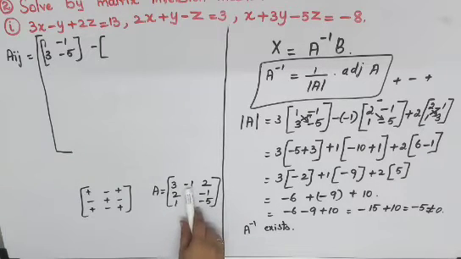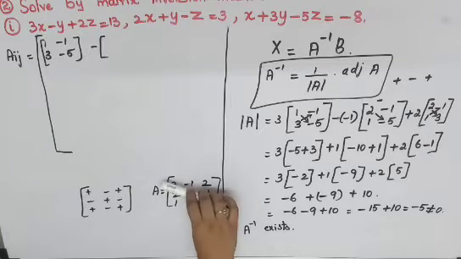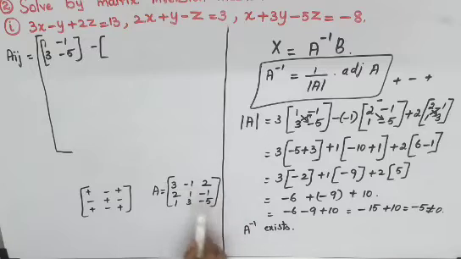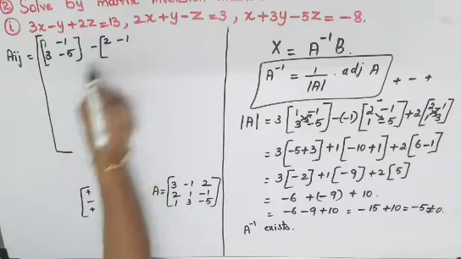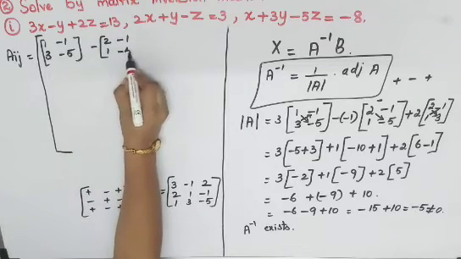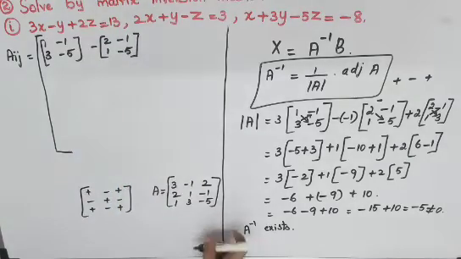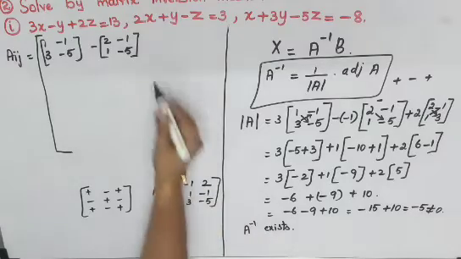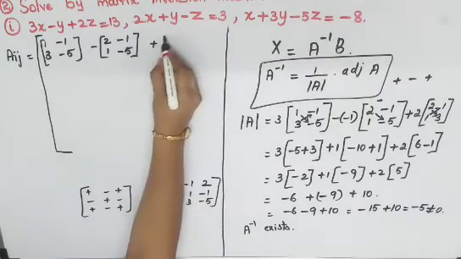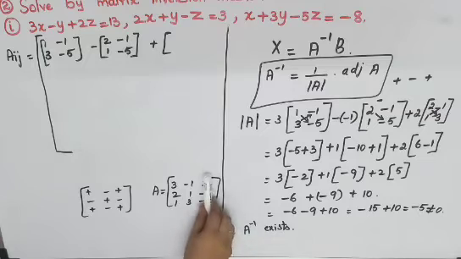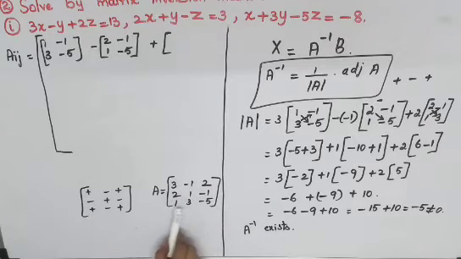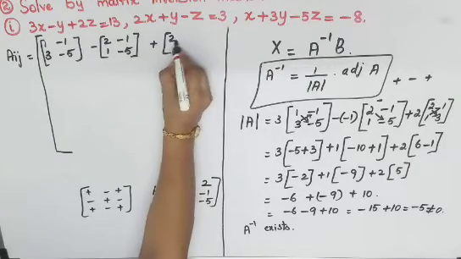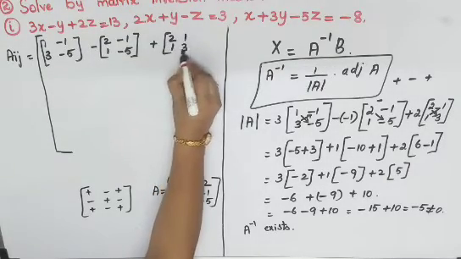So minus 1, the minor of minus 1 you will have to find. Remove the row and the column. So 2 minus 1, 1 minus 5. Then the third element 2. Plus is there, so put plus, open your bracket. Remove that column and the row. The left out terms will be 2, 1, 1, 3.